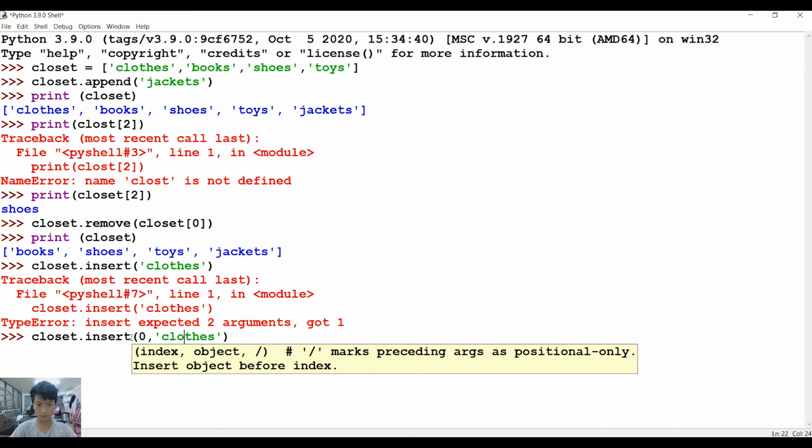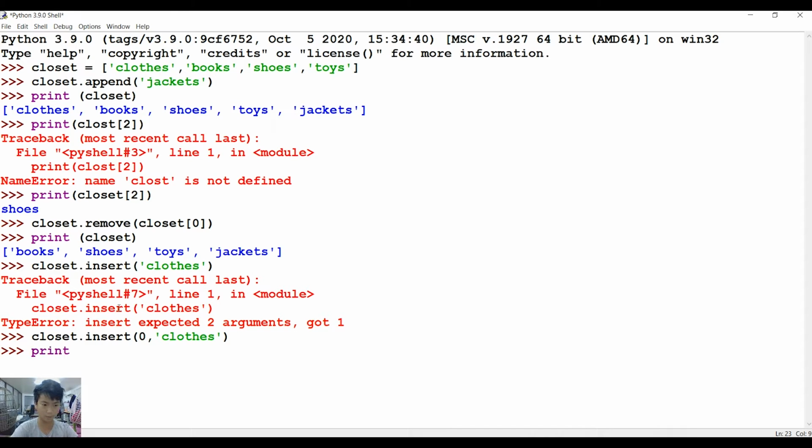Like so, and now after this, we will click enter and we'll print it out. Print closet. Sorry for my cat back there. Closet, and then there we go. There's clothes, books, shoes, toys, and jackets. Everything is in the same position again. And after this, we're going